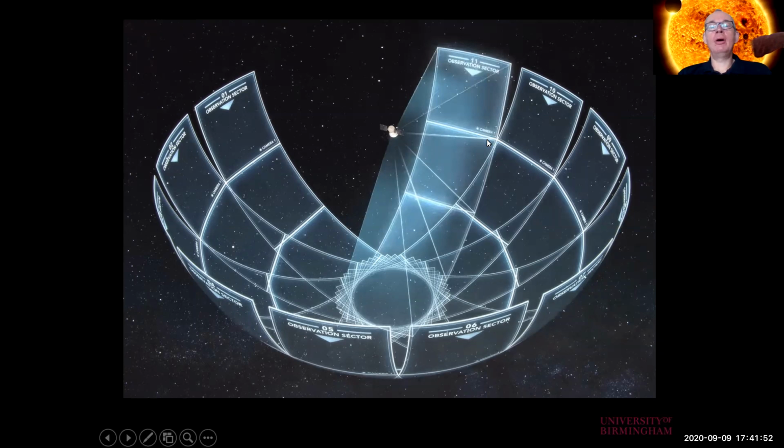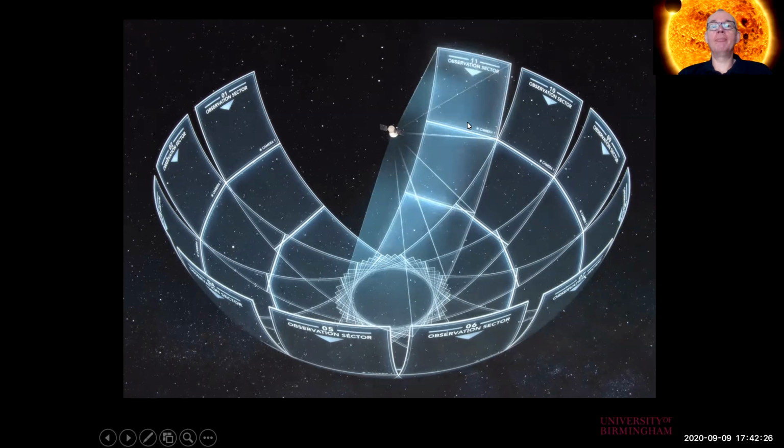And then at any one time, the cameras are oriented so that they each observe a patch that basically maps out a sector on the sky that looks like this. If you like, a little bit like a strip from half of a Terry's chocolate orange. And what happens is that the satellite will basically stare at that fixed field of view for around about a month. So you're observing continuously the brightness of any objects that fall within these fields of view of the cameras